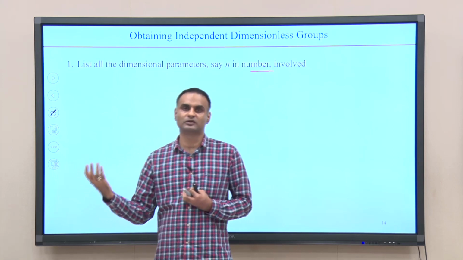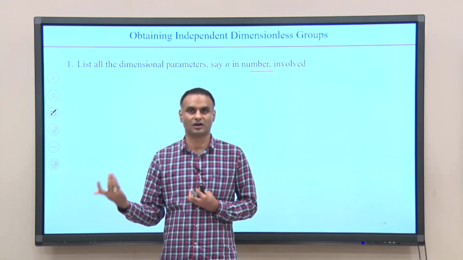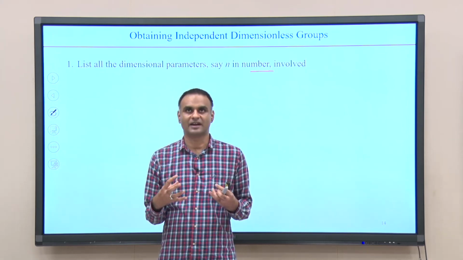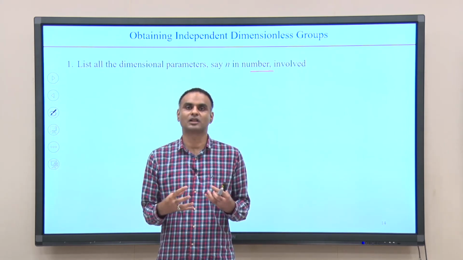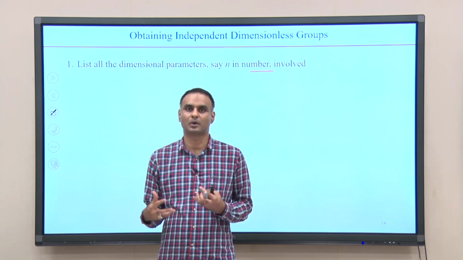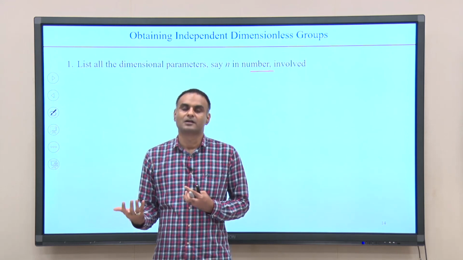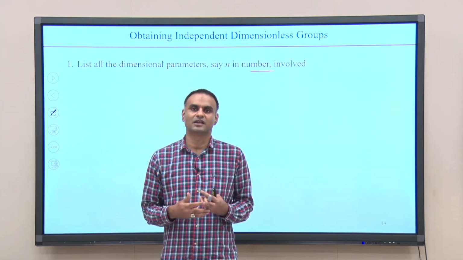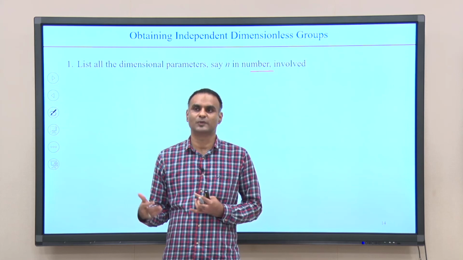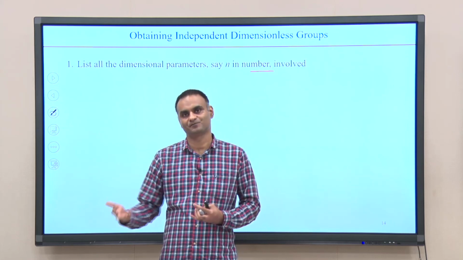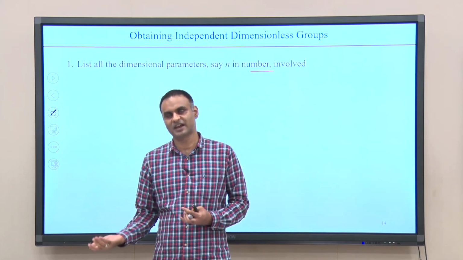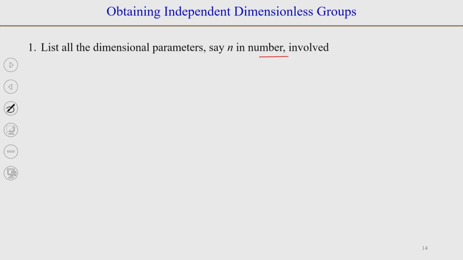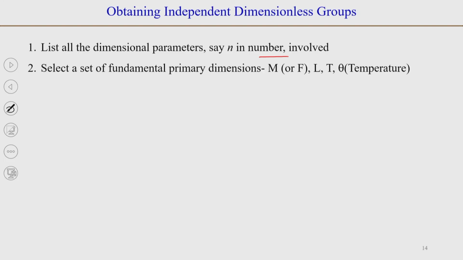You should also look into if the gravity is important. So, gravity is another parameter. So, try to think in detail and list all the parameters that are important for a problem. There might be some parameters that you will realize later on that they are redundant. So, those parameters will anyway be struck out when you look at the problem. Okay. So, this is the first and very important step.